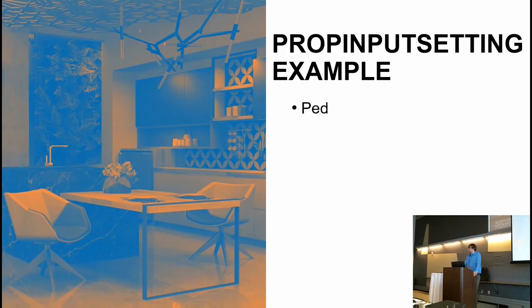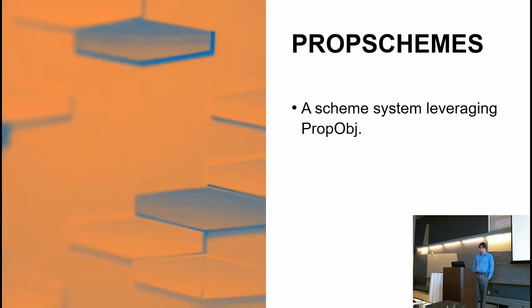You don't need to. So prop input setting already has in it a place to override what property factory gets generated. Sure. So you can just take the stock prop input setting and say, I want you to use this property instead. Sure. You can extend it, but